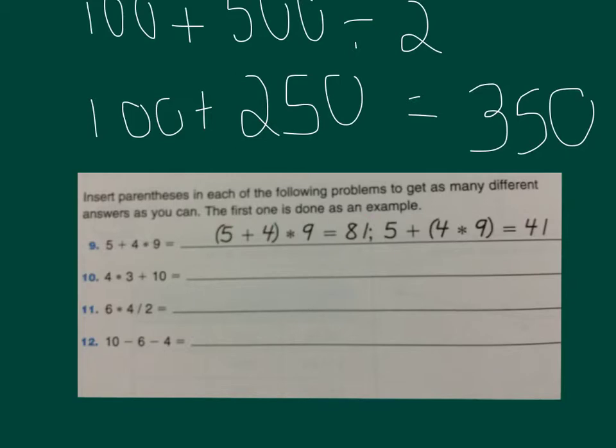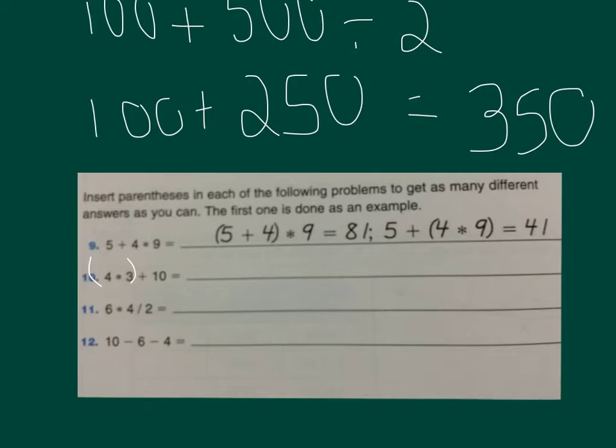But then when you put the parentheses around the 4 and the 9 and you do this first and then you add the 5, you get 41. Completely different answer. Go ahead and try this one. Try the parentheses around the 4 and the 3. And then when you're done with that,